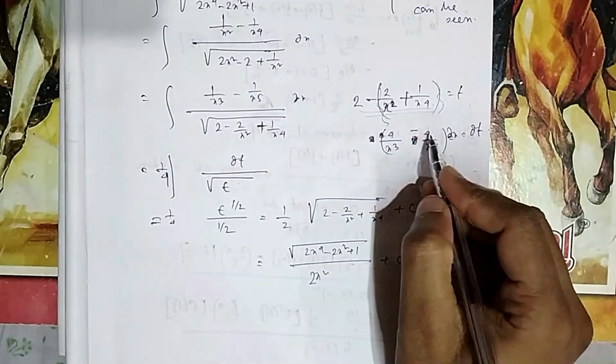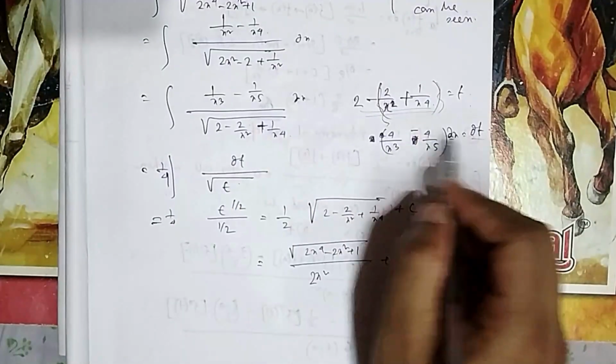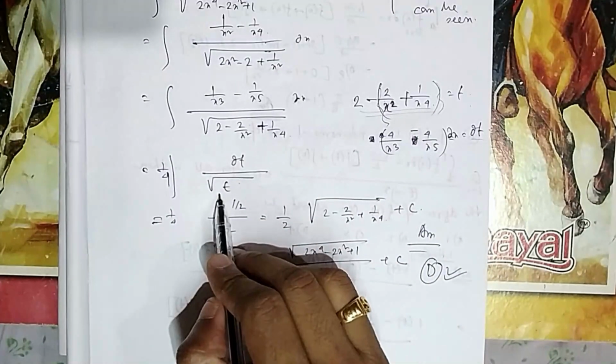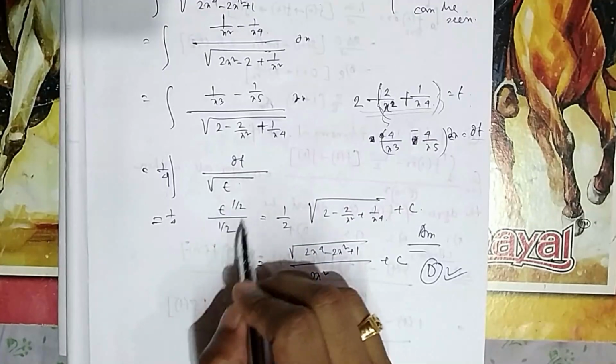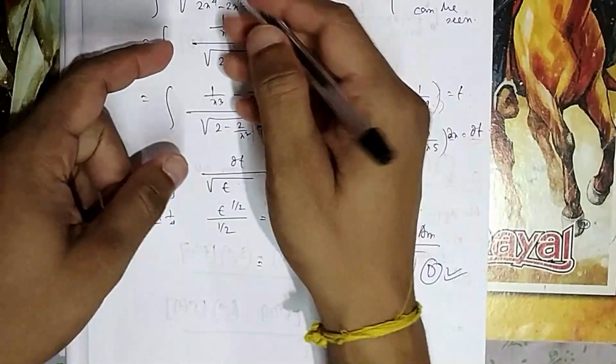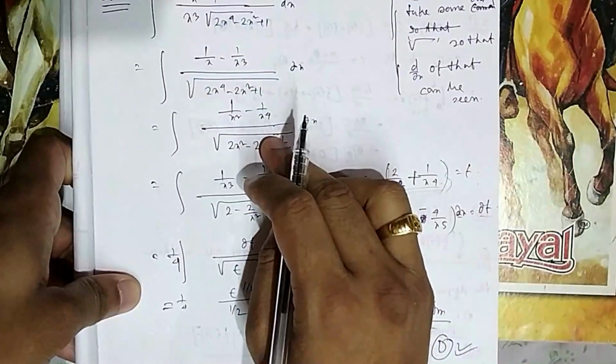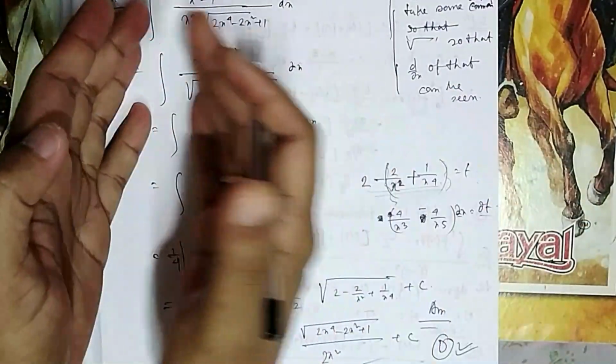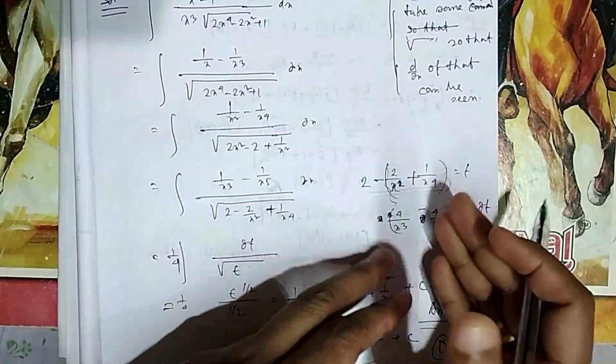So if you take 4 common, that will be t by 4, and this into dx equals dt, so it is dt by under root t, so it will be t to the power half by half. Then you put the value of t. So in this type of case, you try to take something out of x so that the differentiation of this one you can see in the numerator or outside, so that if you take this one as t, dx of that one becomes dt.